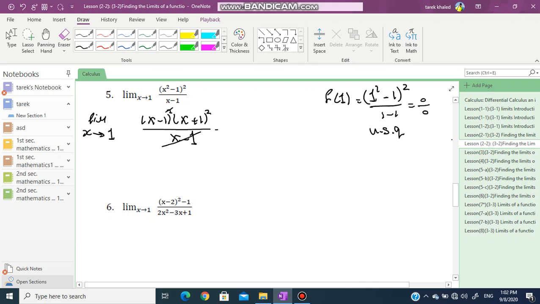So the limit x tends to 1 of (x - 1)(x + 1)^2 over 1, where the 1 is not written. By substituting x equals 1, 1 minus 1 times (1 + 1)^2 will be 0. The next one,